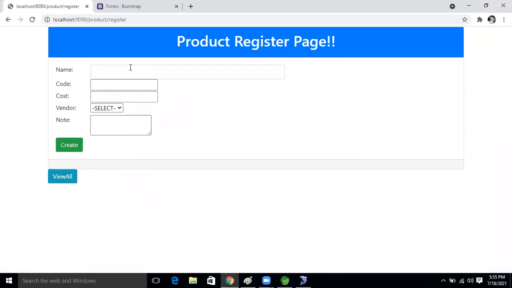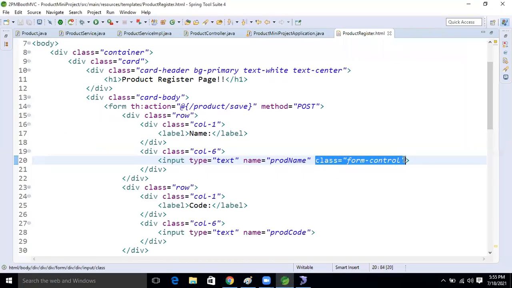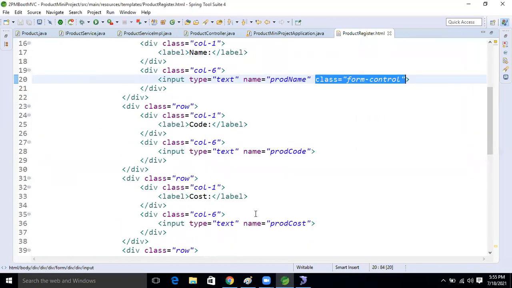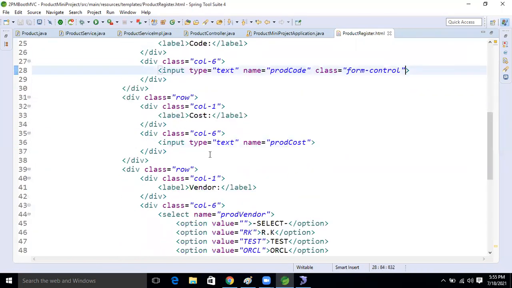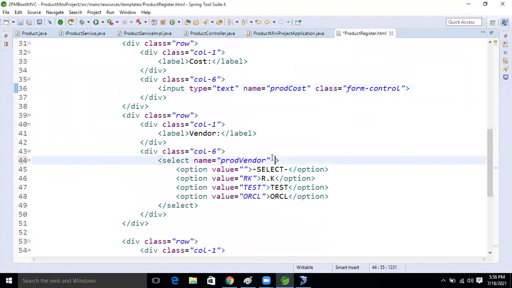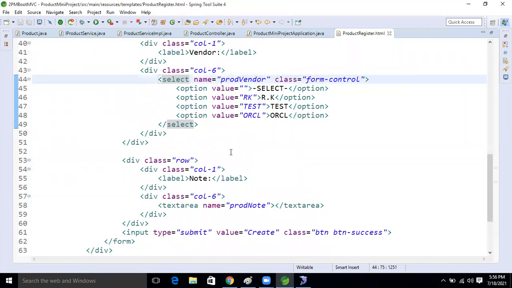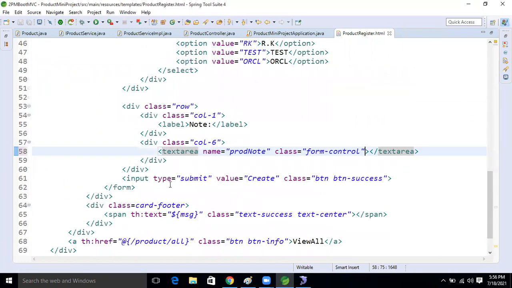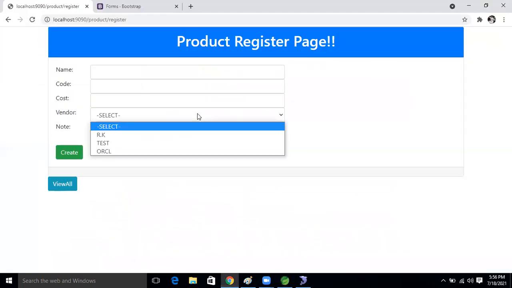Now come here, see this one. It's adjusted based on that form, right? Now it's good, right?